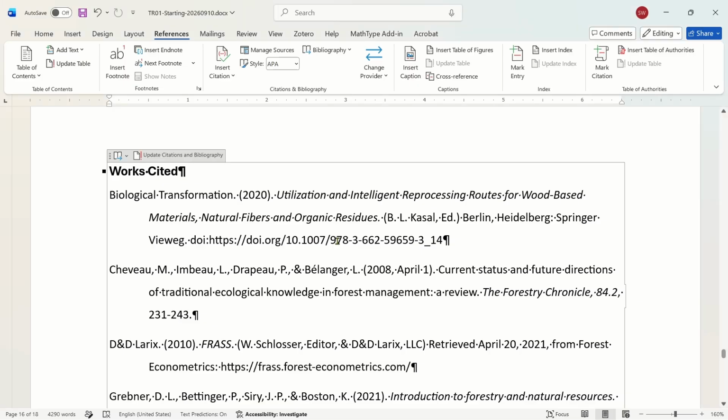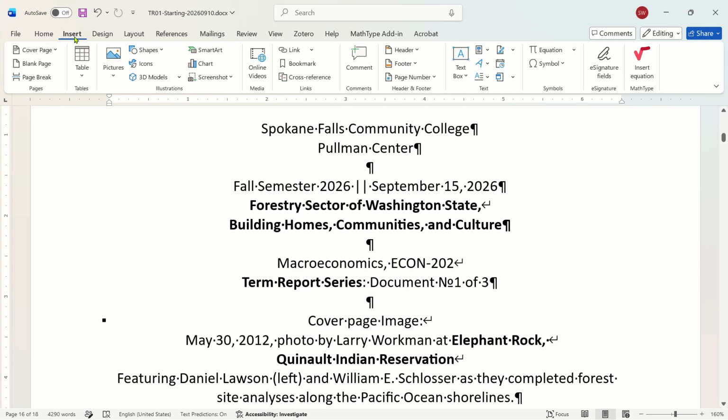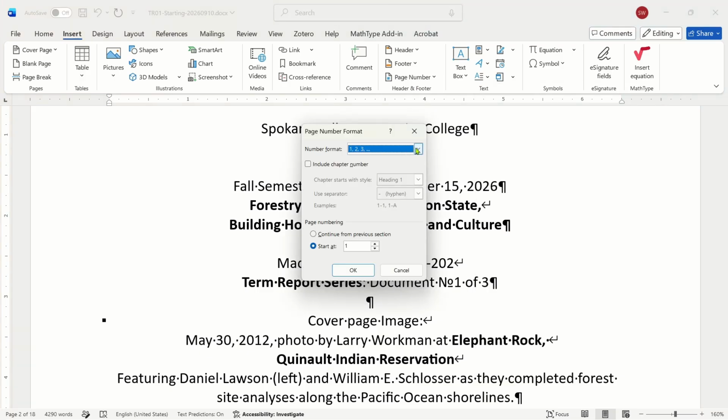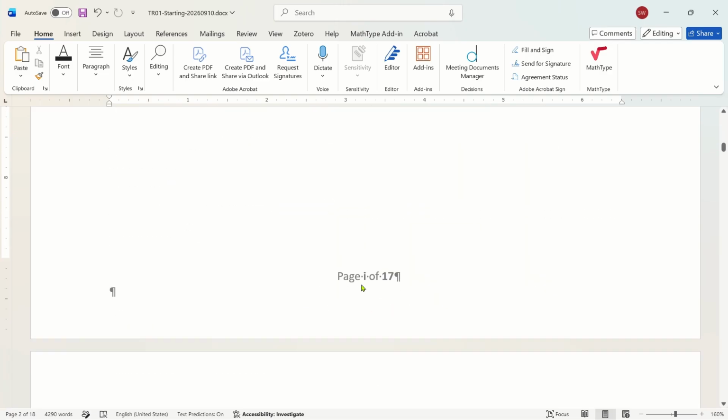Scroll up to the Table of Contents area and place your cursor somewhere in the text. Guide your mouse to the Insert ribbon, to the Header and Footer panel. Click on Page Numbers. Again, click Format Page Numbers. Click on the top number format menu and see the list of page numbering options as Roman numerals. Look at the bottom area to find III. Select it. Do not change the lower set of values as they are all set from the beginning. This is looking good. Now you see the page numbering on the bottom of the page with these III series